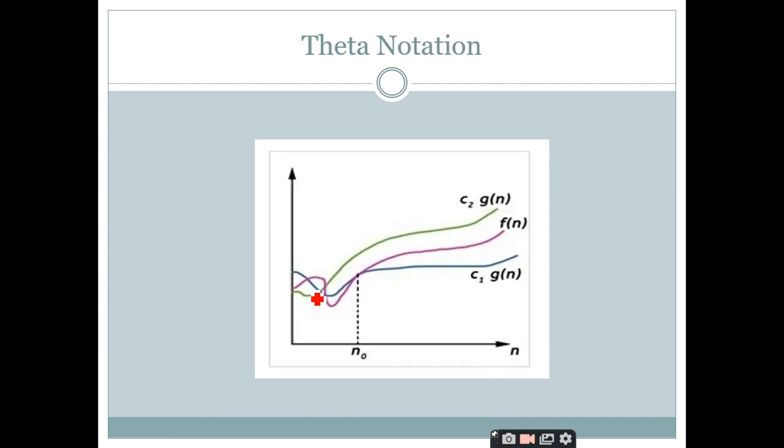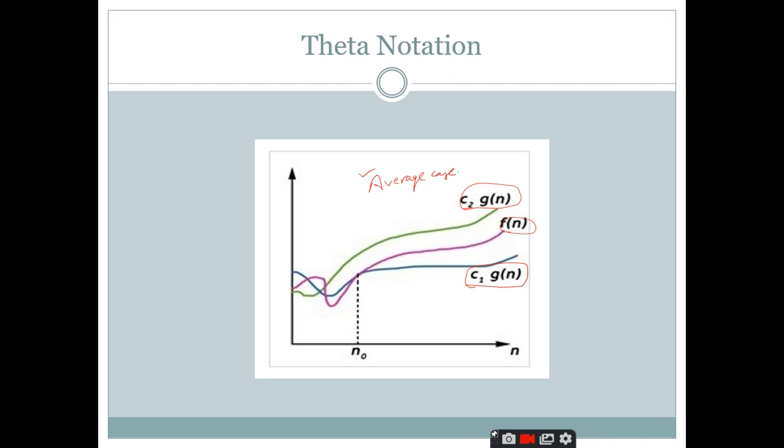Therefore, you can observe in the graph here, our f of n is lying in between C2 into g of n and C1 into g of n. So f of n is going to represent the average case analysis. C1 into g of n is not the lower bound, and C2 into g of n is not the upper bound. Those are some constants, and we define these functions C1 and C2 into g of n as the boundaries of f of n, where we can calculate the average case complexity of an algorithm. Is it clear up to this point?